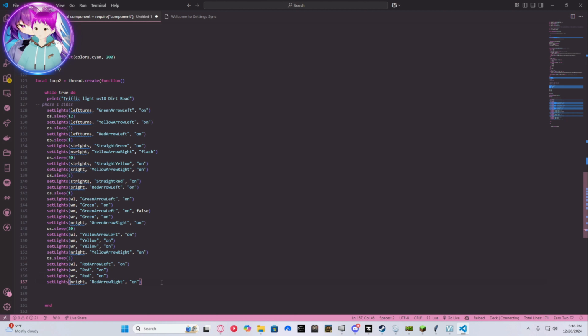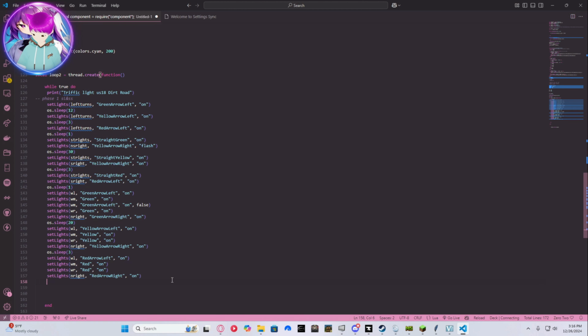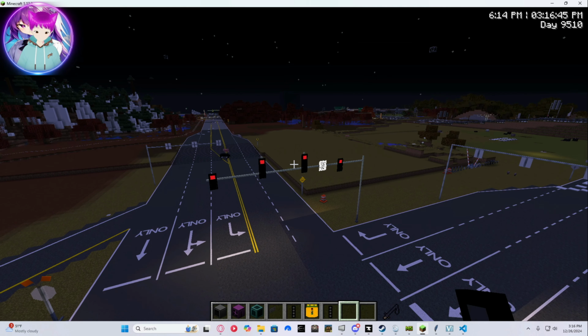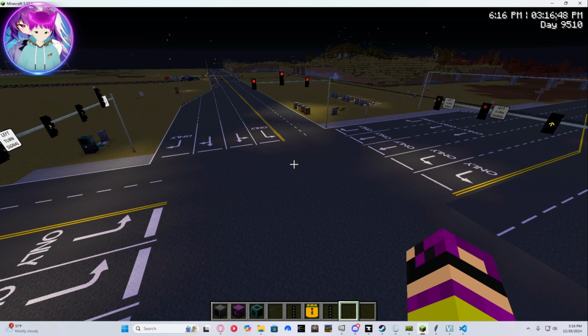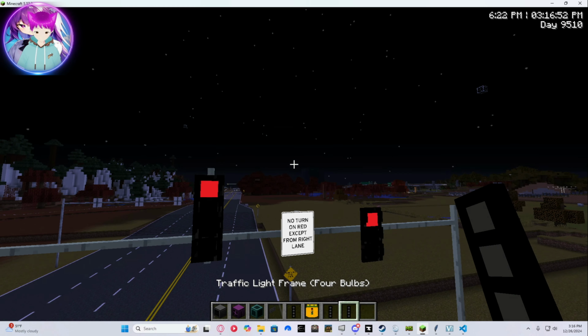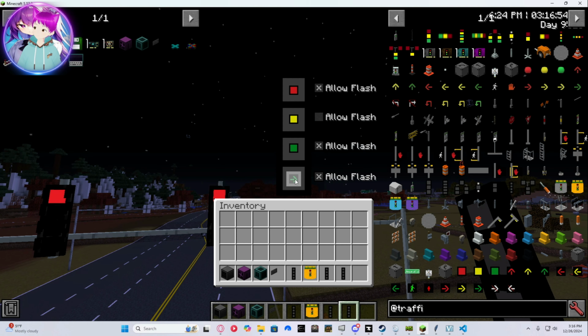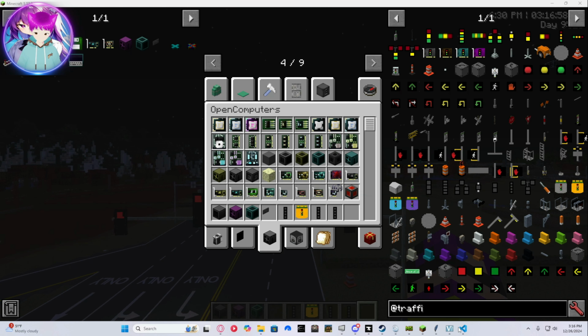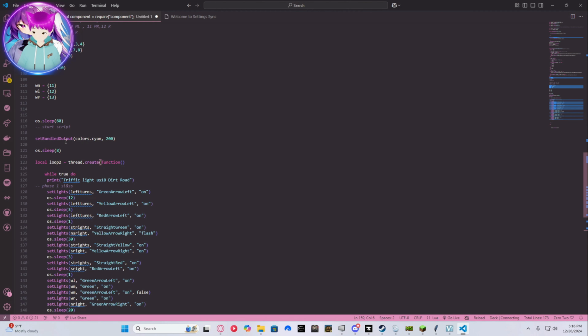Alright. This next one is going to be very similar. Except I have it in a weird setup to where there's 2 of these middles because right turn has 2 right turn lanes as well. Which means this one has a green right arrow bulb as well. So to cover for that, what we could do